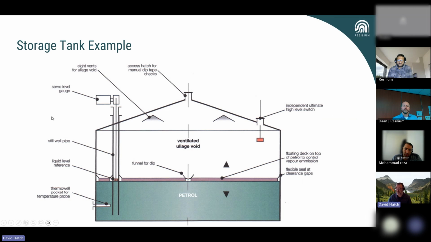If we start with this simple Buncefield example, I'm using a storage tank because many of you will have storage tanks, whether it's flammable, toxic, even a storage tank full of water could, under certain circumstances, be hazardous if you have Legionella in it, for example. And it's relatively easy to understand. In this case, we have a flammable liquid in a tank, and we have some instrumentation. We have measurement through the level gauge. We have overfill protection here, and